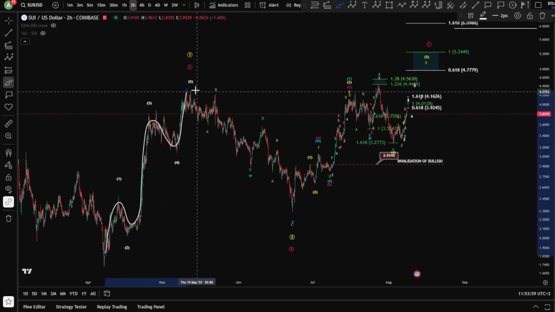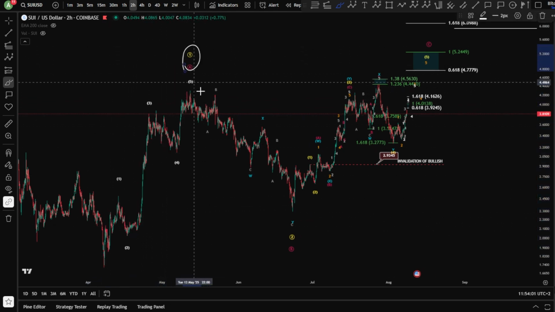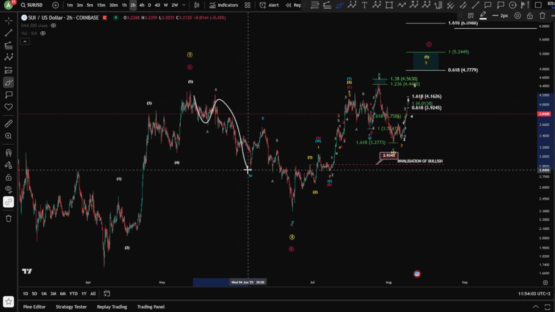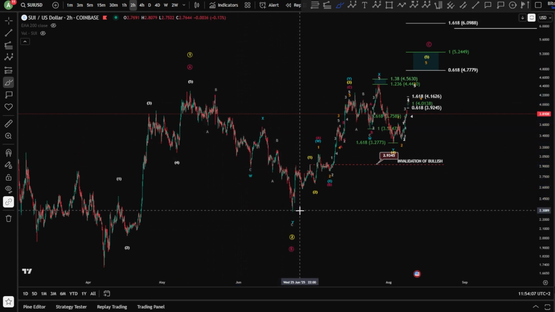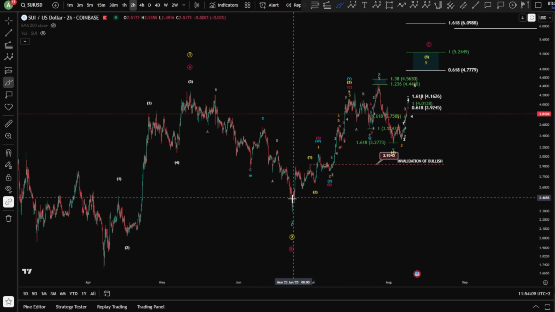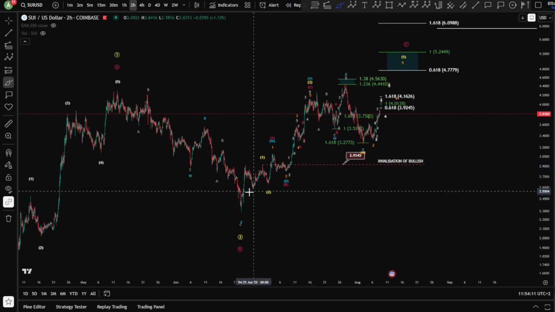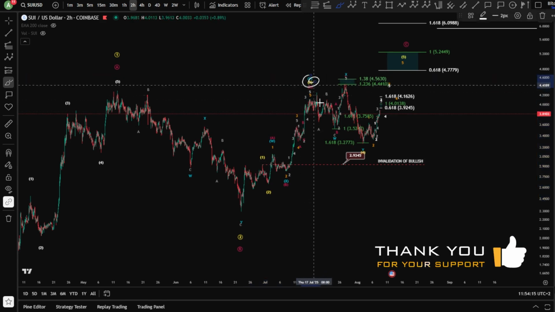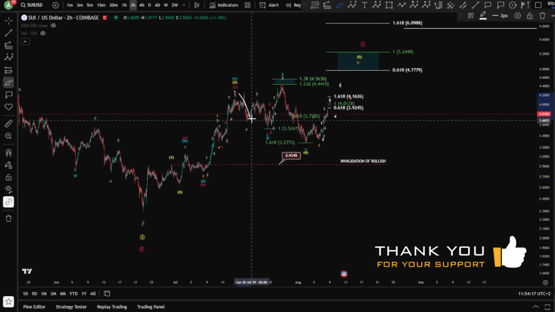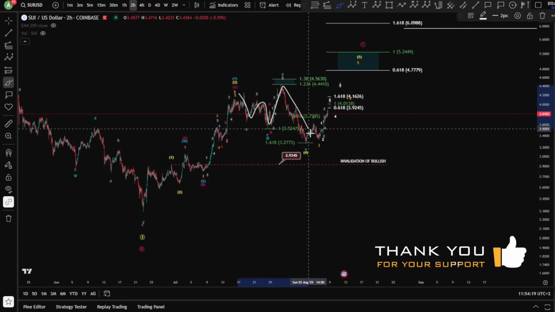a 5. An impulse toward the upside, wave A or a wave 1. We have of course an ABC for W and X, and of course a wave Y in a zigzag as well to finish wave 2 or a wave B, and then continuation toward the upside in double 1, 2, 3, 4 and a 5 for a wave 3, followed of course by 3 waves down, 3 waves up, and then